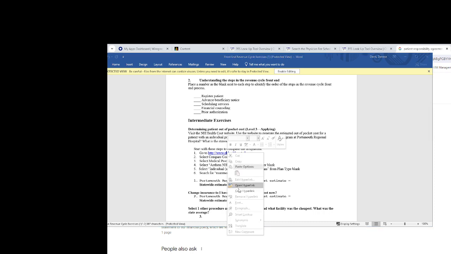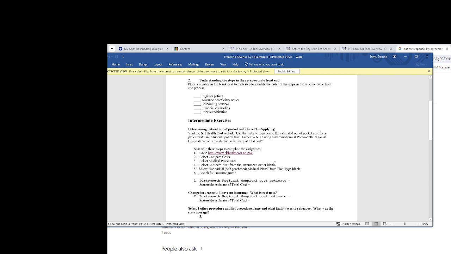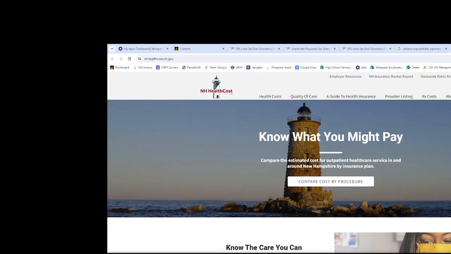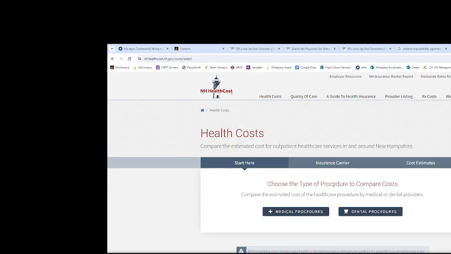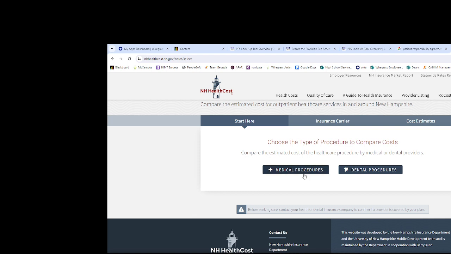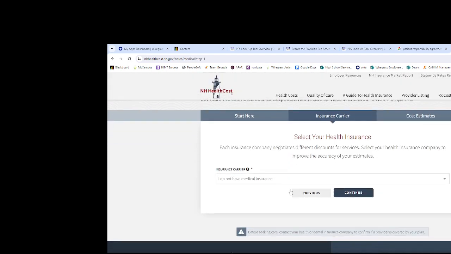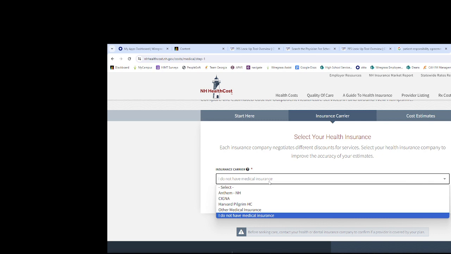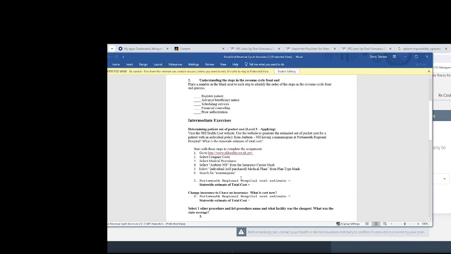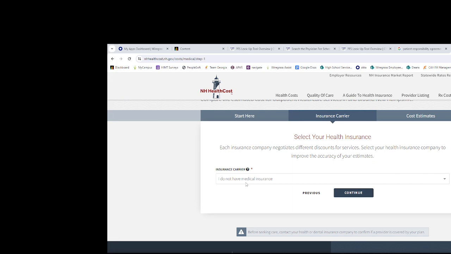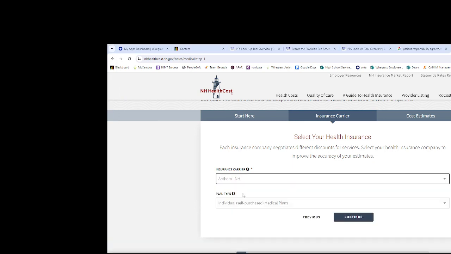So let's go to open hyperlink. Yes, I want to open that. So it's asking me to compare the cost, and this is just like we're going to do medical procedures, and we're going to pick an insurance, whatever the instructions tell us. We're going to say we have Anthem NH, and I have individual self-purchased,